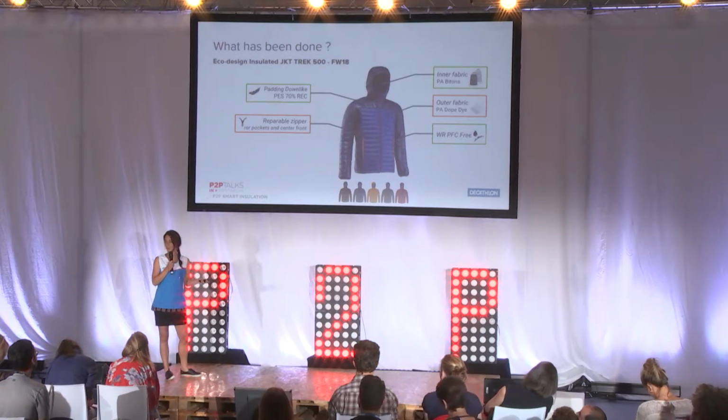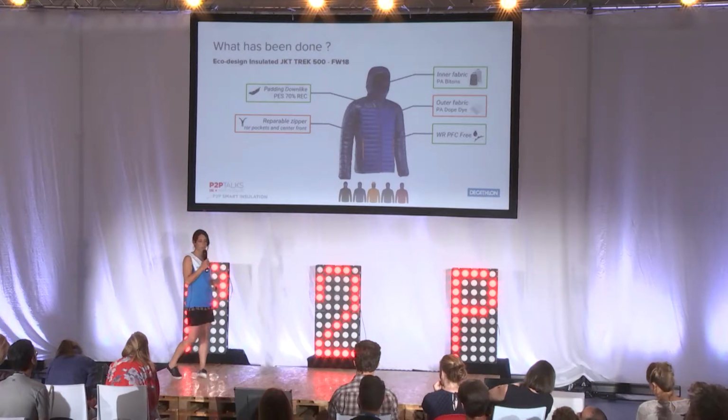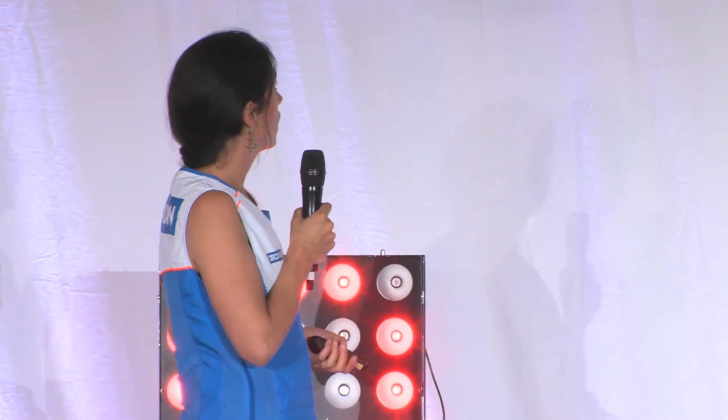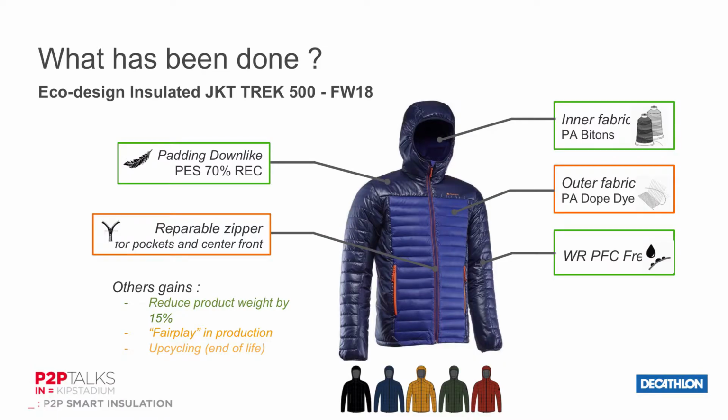However, we'll have to make sure that all of the workshops and the stores can actually make the solution available in the workshop so that people can bring their jackets along to be repaired. Another important point is we're able to reduce the weight of the jacket by 15%. That gives us huge economic savings in terms of logistics because there's less weight to carry, and it's also